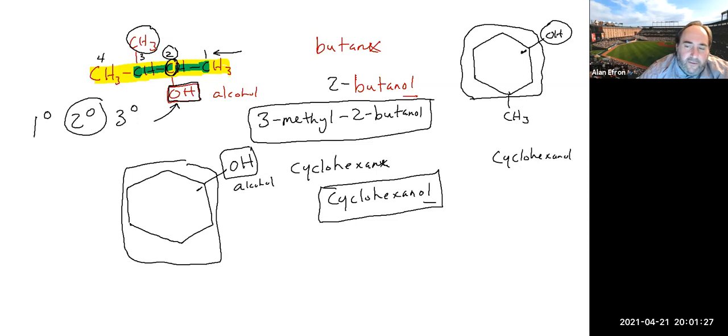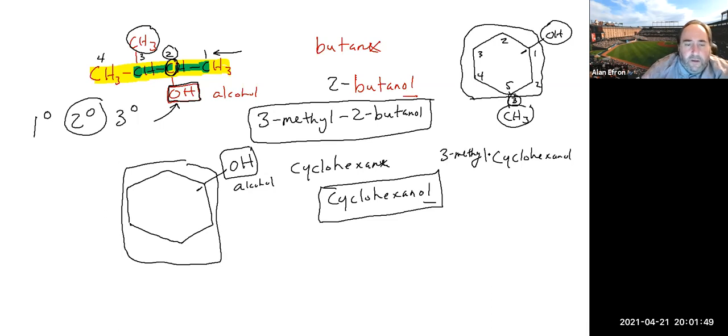Now, this is carbon number 1. We need to give the number of this guy. If we went counterclockwise, that would be 2, 3, 4, 5. If we went clockwise, 1, 2, and 3. So this would be 3-methyl